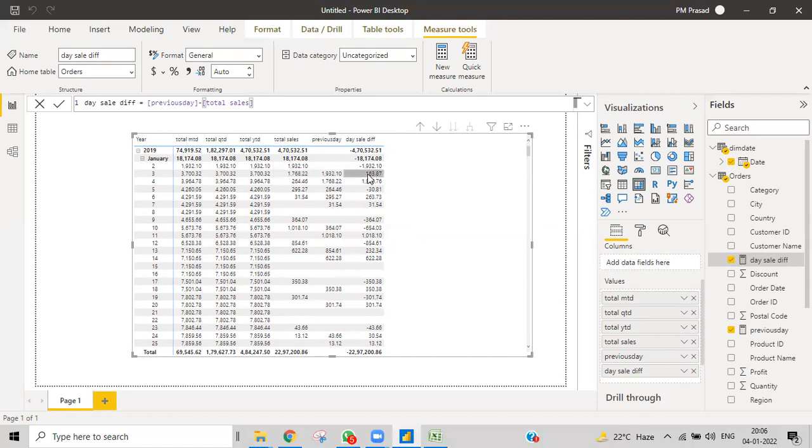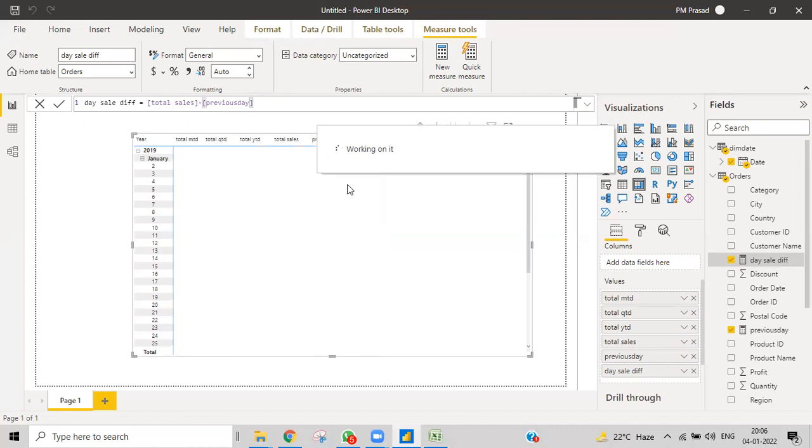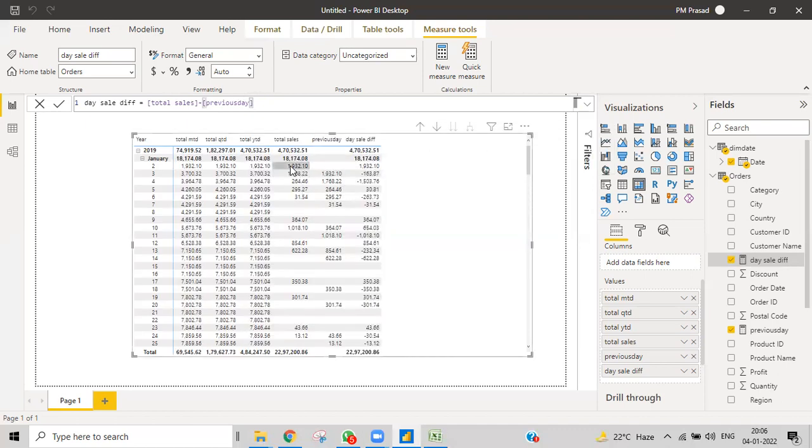Decrease means we need to show it as minus. So I'll cut this, put a minus over here, and delete the other. Earlier it was 19 and today it was 17, so 600 has decreased.